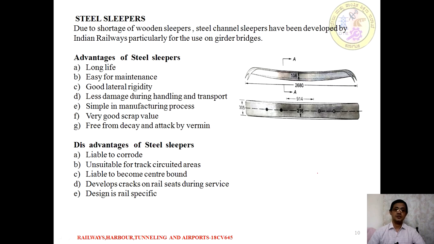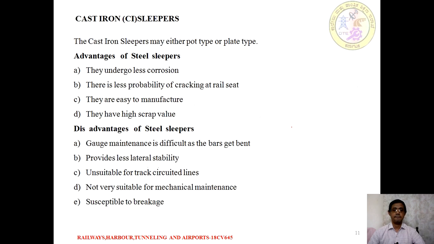So these are the two images. I just want to show it with a pointer here. This is a steel sleeper where we have a central curvilinear path, and we fix the rail sections here. So that is with respect to steel sleepers.